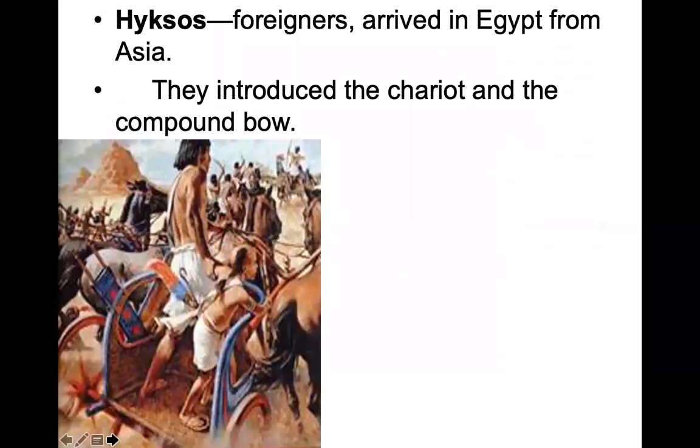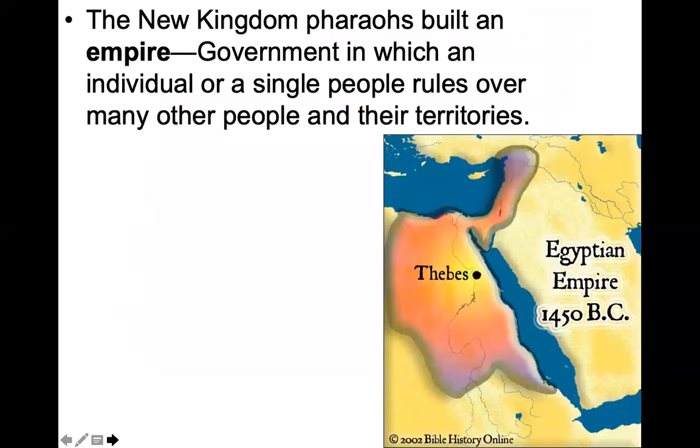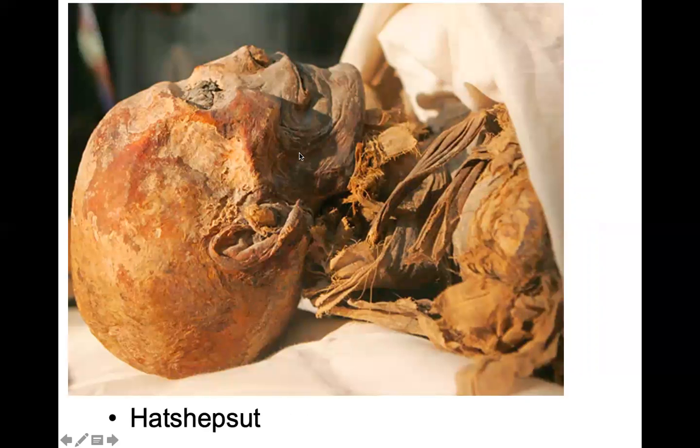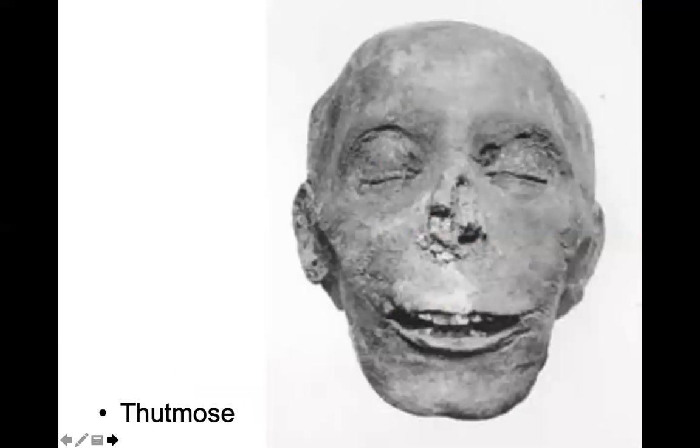So we're going to look at, you don't have to know about the Hyksos. We'll look at some of the pharaohs. You could even put Hatshepsut as our pharaoh. We did this. Hatshepsut is the first or earliest known female ruler. There she is today. That's our mummy. We'll talk about mummies here in a minute. Mummification. Thutmose. There's Thutmose today. Look at me smiling. That's great.